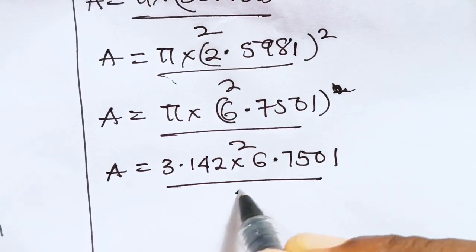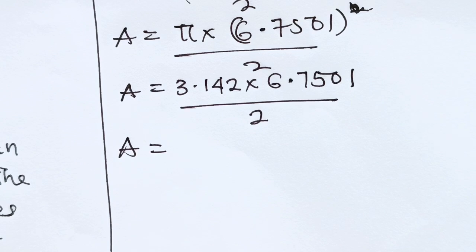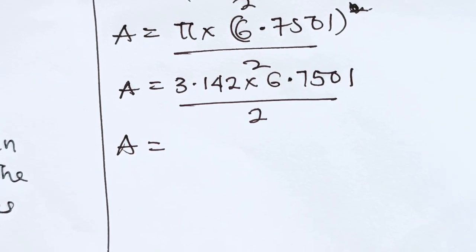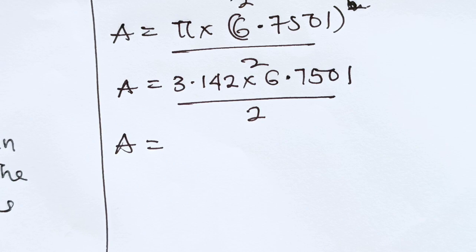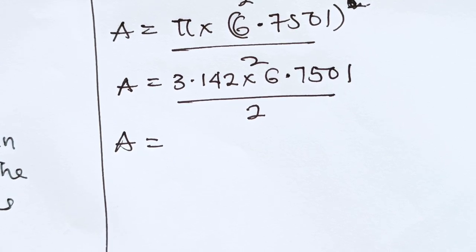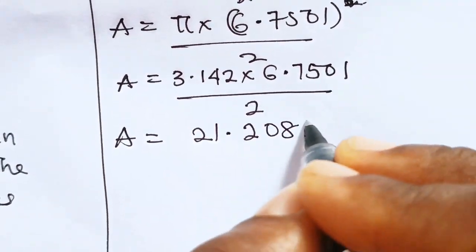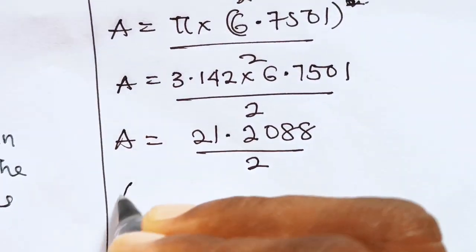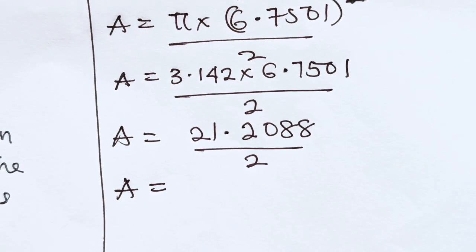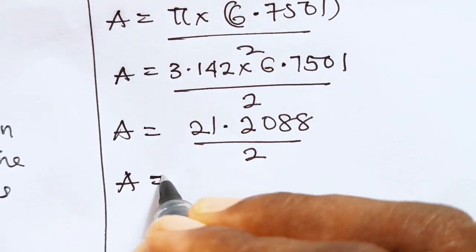Now multiply by 6.7501 divided by 2. So area is equal to 3.142 multiplied by 6.7501. We have 21.2088 divided by 2. So the area now is equal to the answer we got divided by 2, which will give us approximately